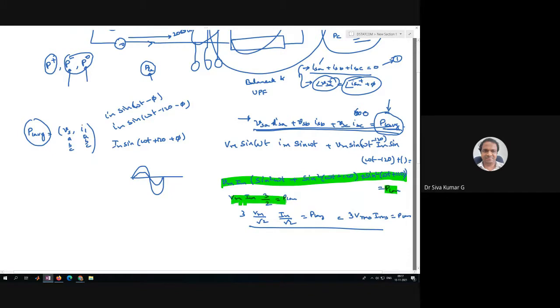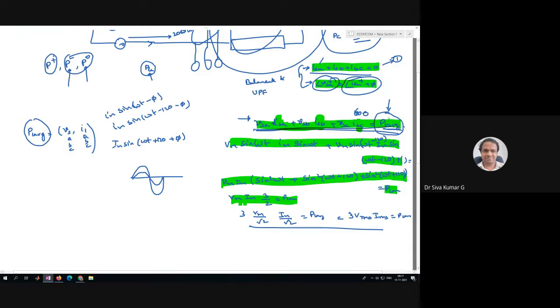This is the equation, and we are talking about how the source currents are balanced by considering the source current. Once we have the compensator working, the source currents are balanced. This is one of the objectives, and this is also a third objective.